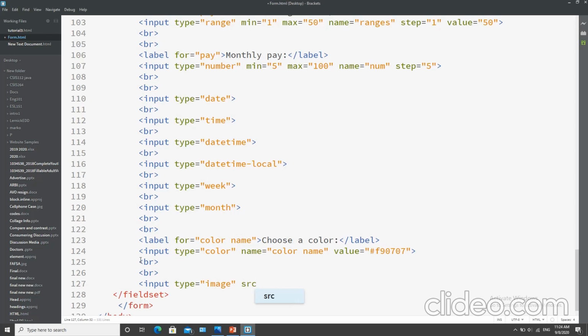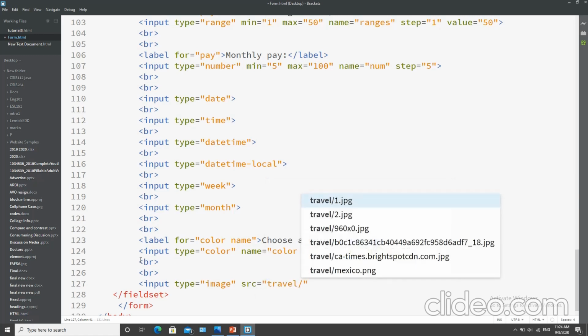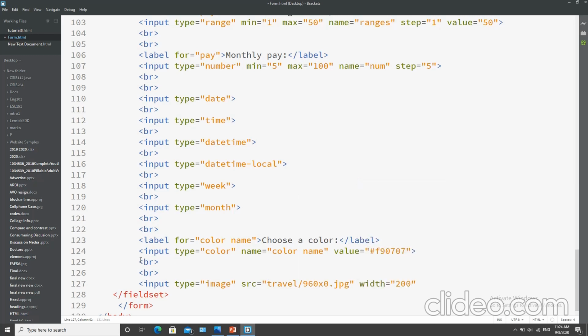Before you learned how to use the image element, and now some attributes are the same. Type image, src. We are going to open an image, and then we can give width and height, width 200